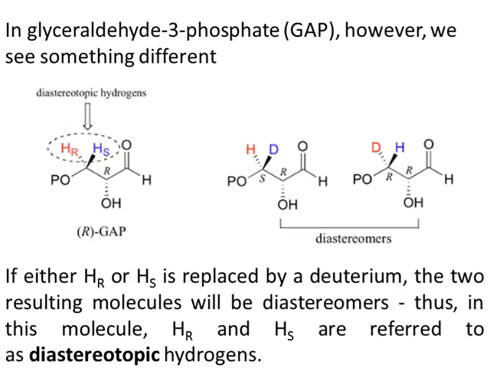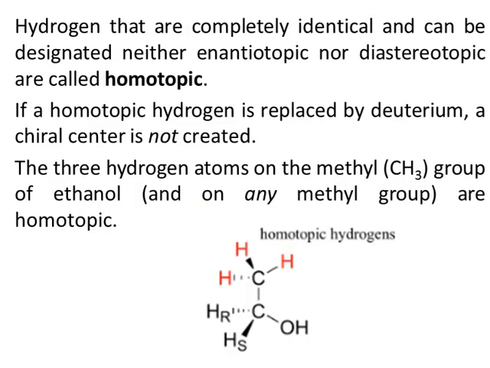So if you replace a prochiral hydrogen with some other group and you get an enantiomer, then those prochiral hydrogens will be called enantiotopic. And if you replace a prochiral hydrogen with other substituents and you get a diastereomer, then the hydrogens will be called diastereotopic hydrogens. Right. If the hydrogens are completely identical, and if you replace those hydrogens with some other groups, you cannot get a chiral center. Such hydrogens are called homotopic. Homo means same. So it doesn't matter which of these hydrogens you replace with some other groups, you can never